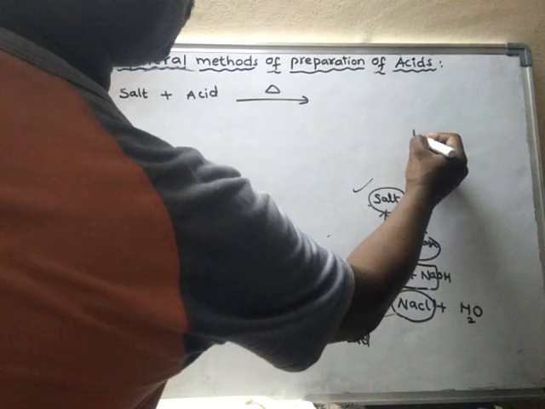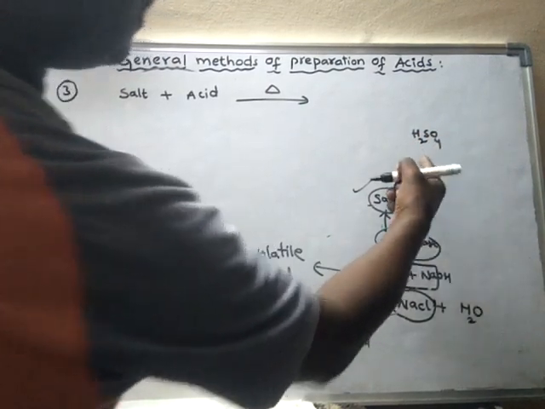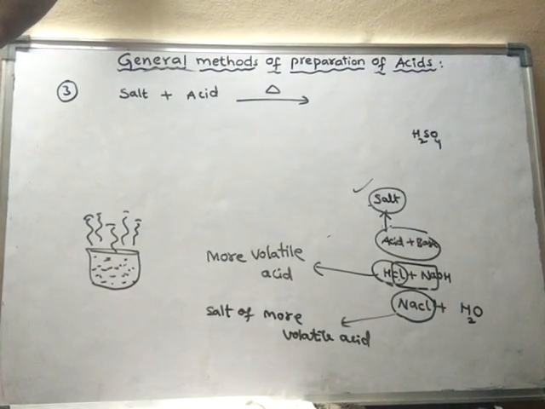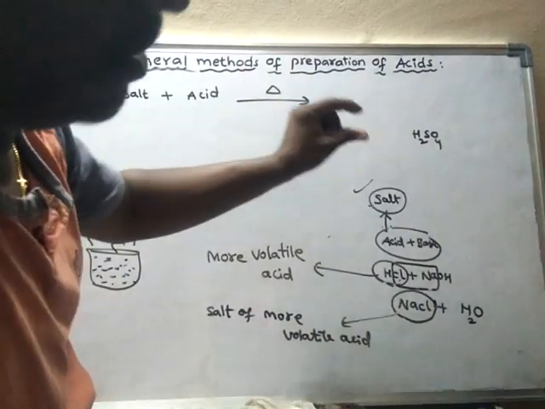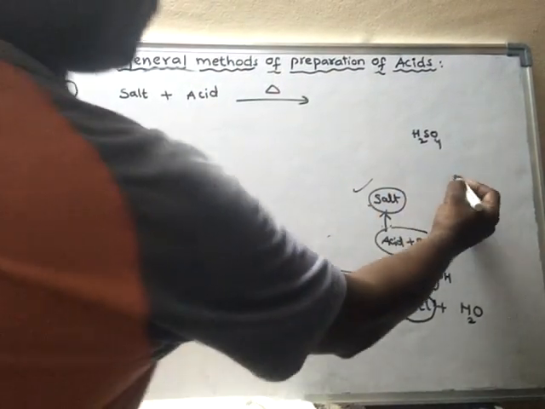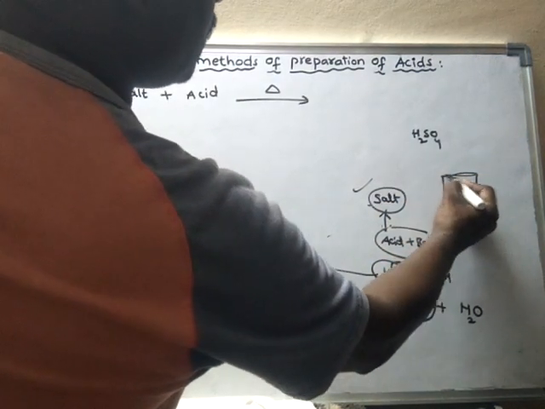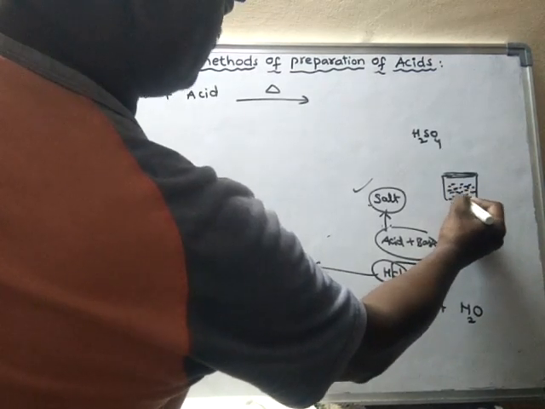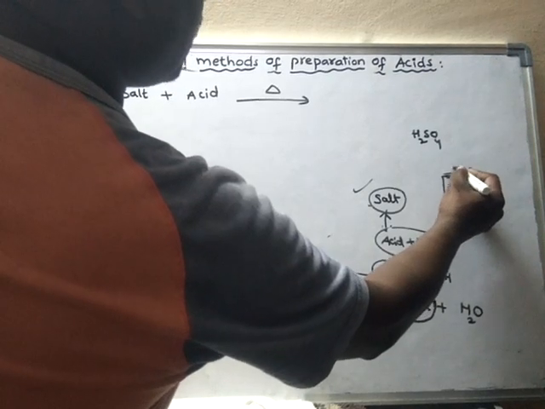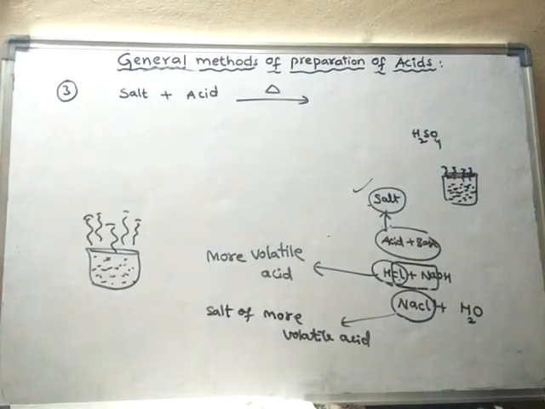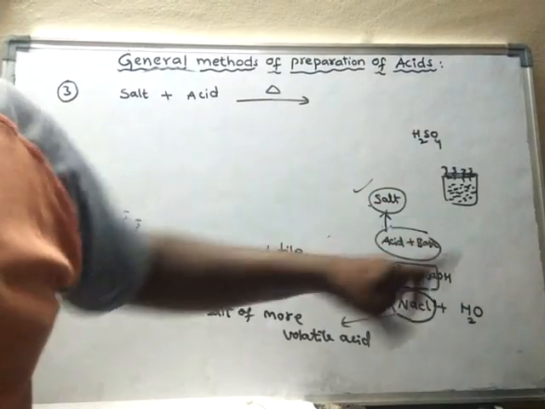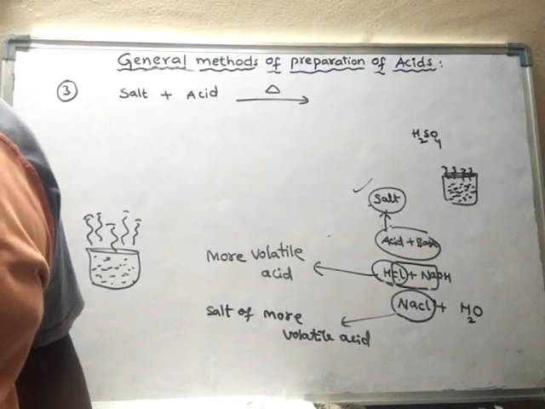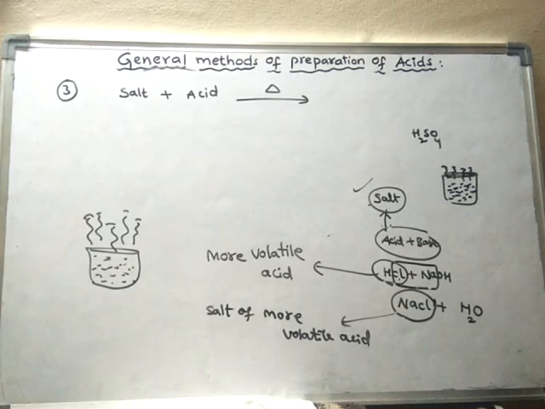See, take sulfuric acid, H2SO4. This is another acid. Generally the color of sulfuric acid is light yellow. It is a thick, somewhat viscous liquid, so it does not easily evaporate or convert into vapor. Hence it is said to be less volatile. What is the meaning of volatile? If any substance converts into vapor easily at low temperature, then such a substance is said to be a volatile substance.